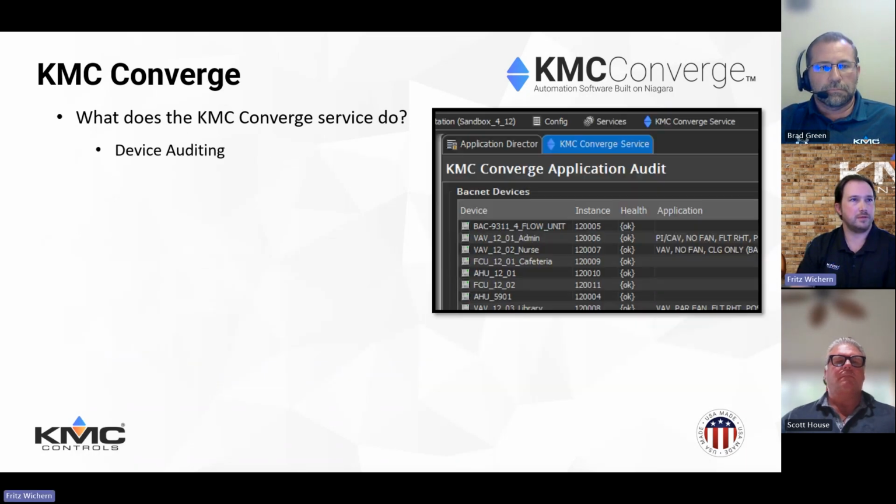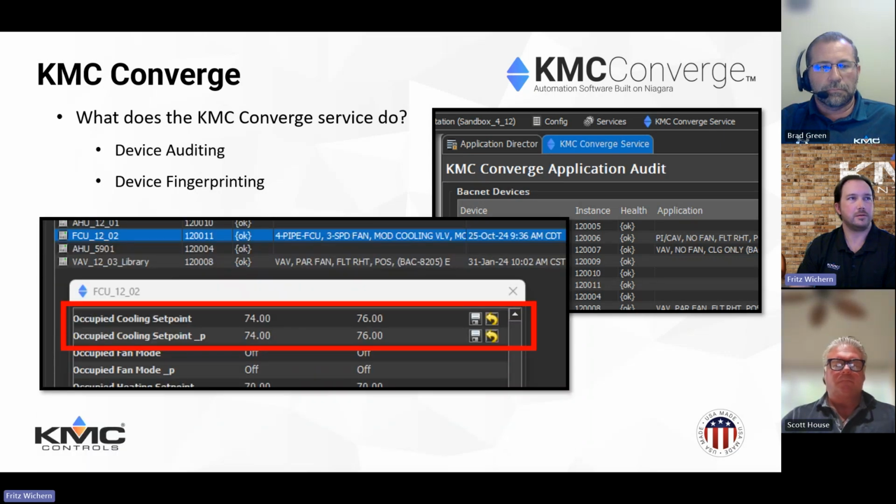Next steps, we've got the device auditing tool. It's a great way, once you're done setting up the job and ready to leave, you can do an audit, fingerprint a device, so you can verify all the settings, whether it's your cooling set points, airflow set points, all that can be documented in there so that if you come back out to a job and a customer's complaining that something's not working right, something doesn't look right, you can do an evaluation and compare what the values were when you originally set the job up versus what they are now.